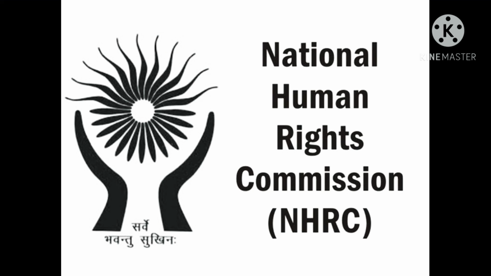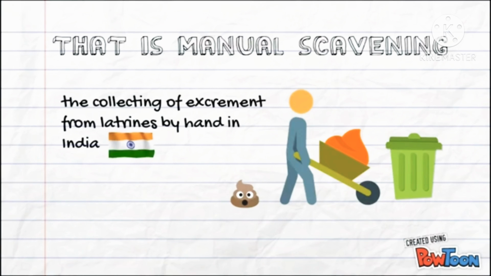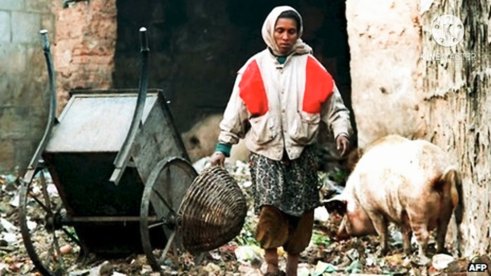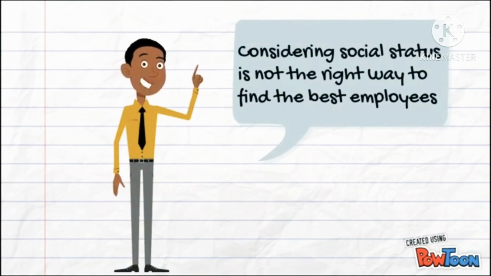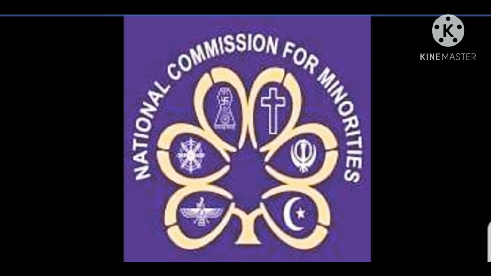Are we that cruel to these people? The condition can be worse in villages or rural areas. I feel that we should do something for them. We should remove manual scavenging from our country and bring some good technology for these people, because they cannot do anything else, since they are treated as low or uneducated Dalits. Is it right to do so even after so many laws were passed for them?